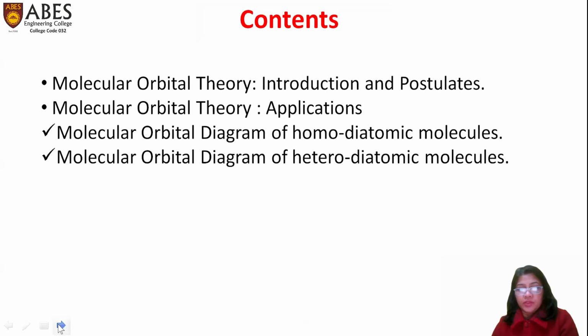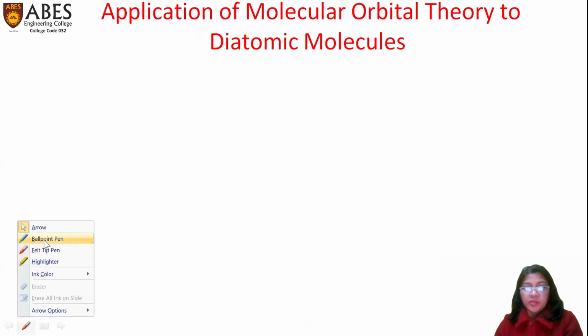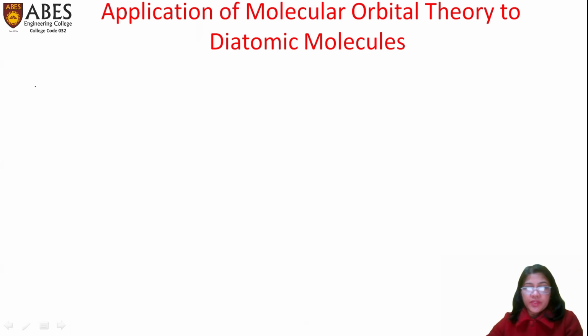To initiate with the lecture video, I'll be discussing a few points of the postulates of molecular orbital theory, which will be helpful in making the molecular orbital diagram of various molecules. In postulates, we have discussed that for lighter molecules, that is molecules from hydrogen to nitrogen, we were following the type 1 configuration for molecules. This type 1 is if the number of electrons in the molecule